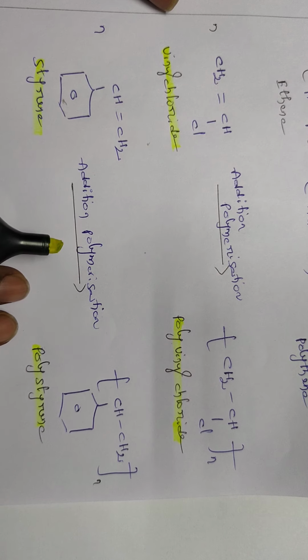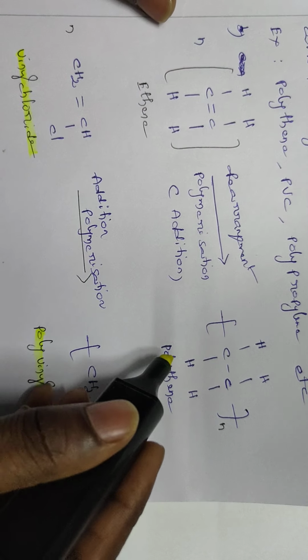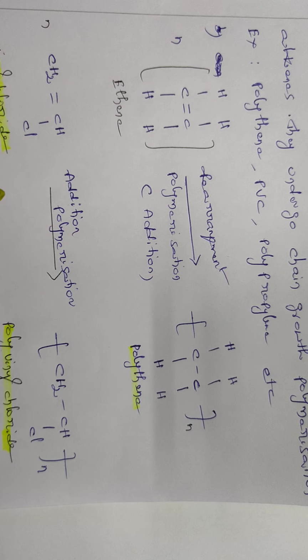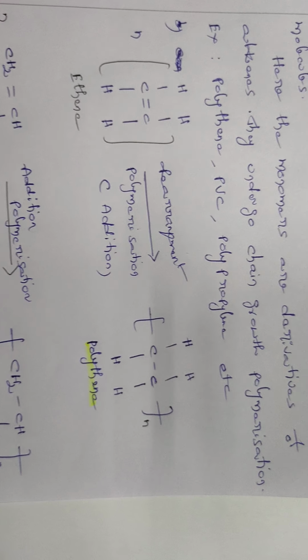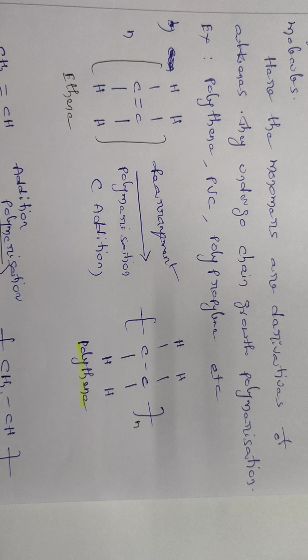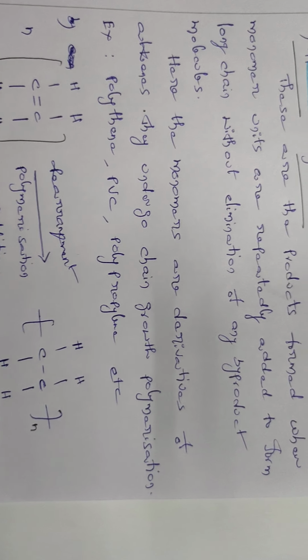Okay, so these are the products: polyethylene, polyvinyl chloride, polystyrene, polypropylene. These all are addition polymers which are formed by the combination of several monomeric units without elimination of any byproduct molecules. Okay,